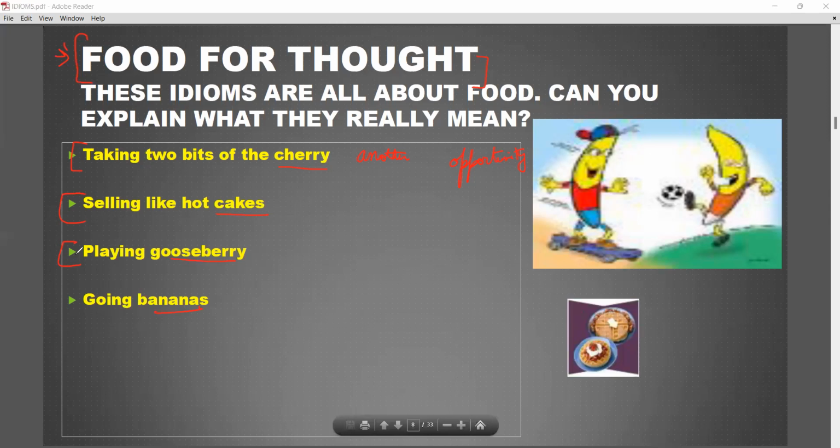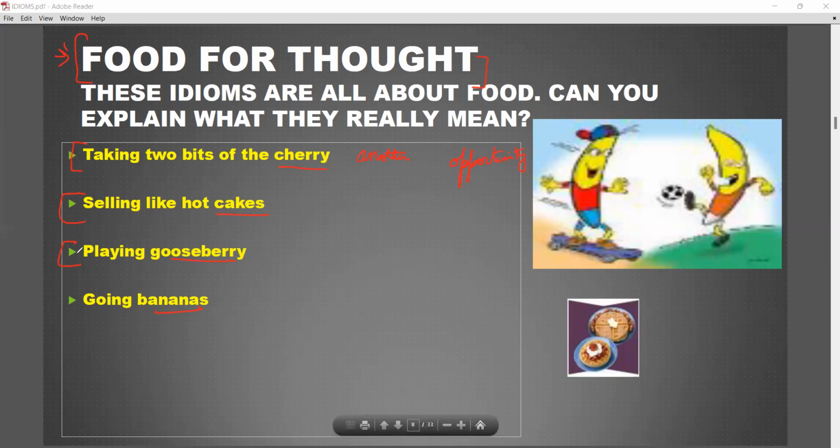So two people are there, and there is a third person. Maybe a girl took her best friend along with her, but the girlfriend and the boyfriend want to stay together, and that friend is an unwanted third person who is present. The two people in the romantic relationship do not really approve of her. That is playing gooseberry. I'll give you one example: he stood at a distance from them, not wanting to play gooseberry on their date. So playing gooseberry is to be an unwanted third person when two persons are in a romantic relationship.